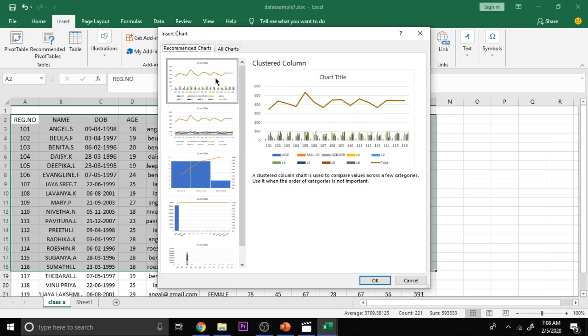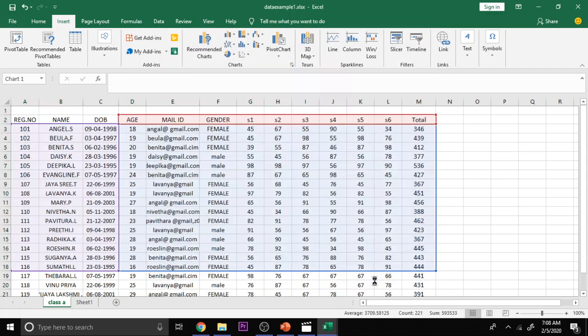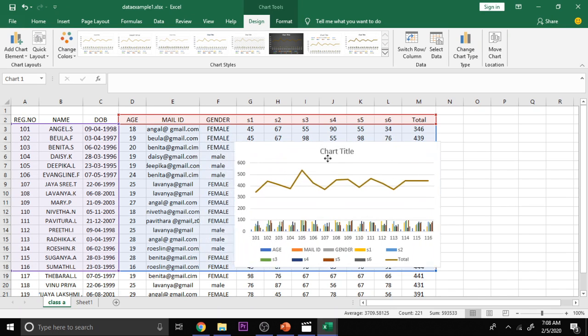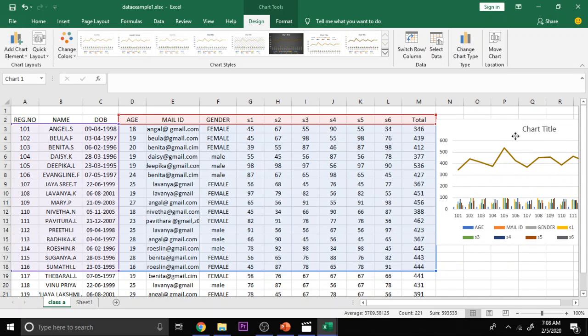I can choose which data I need. So this is one. If this is the data, I can click on this and give OK. Now you can see the chart has been drawn for this data. I can move this chart wherever I want on the data sheet. Okay, so now we can see here there are